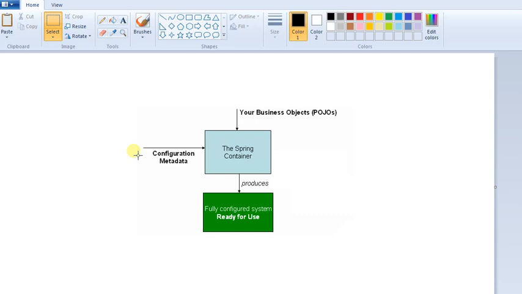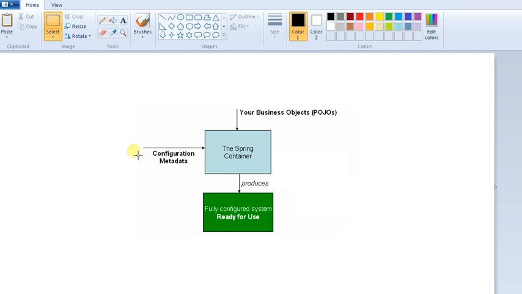So that's a disadvantage they feel. And this approach makes the configuration decentralized and harder to control. So there are some disadvantages of this approach, but advantages as well.